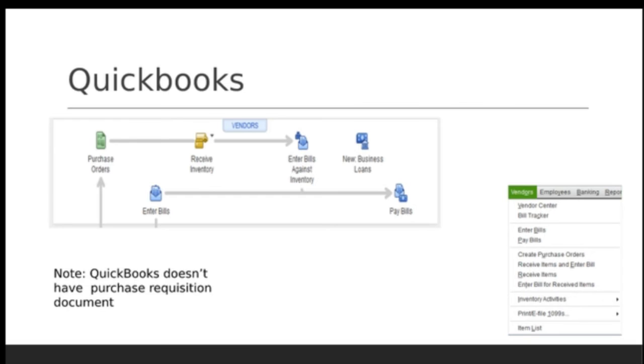You can enter bills, you can pay bills, you can create purchase orders, receive items and enter that bill, or just receive the items and then enter that bill for those received items. You've got inventory activities, you can do 1099s, and your vendors, anybody over $600 or that's an attorney, is required